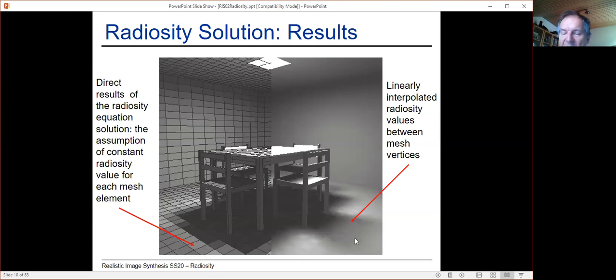What we get here is the outcome of such linear interpolation. Still it looks like our mesh elements were too large, and I will come back to this problem a little bit later when we will be discussing adaptive mesh subdivision. So you see some artifacts, like shadows are blurry. Of course, when we have an area light source, you should expect slightly blurry shadows, but this blurriness comes from meshing. What you can also see are patterns, which are called Mach patterns,